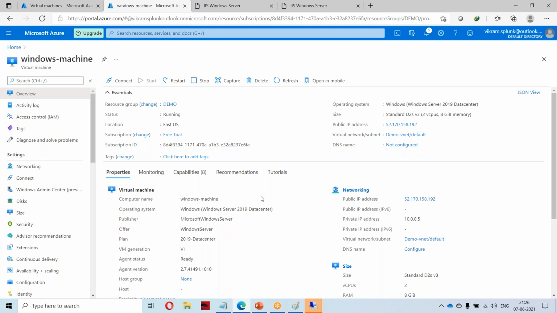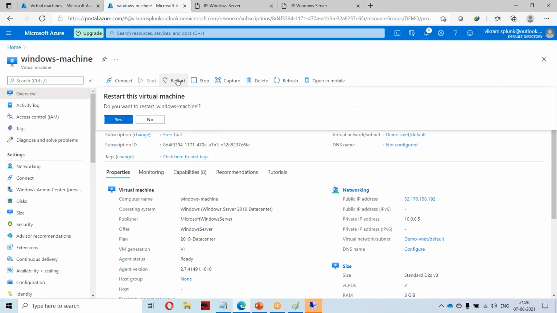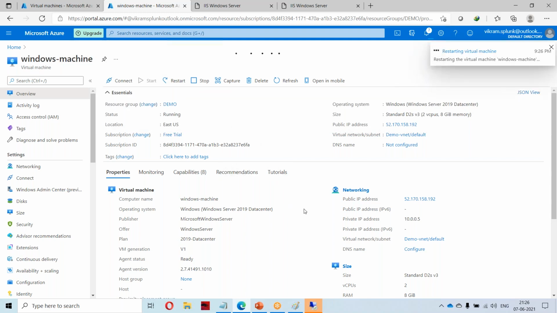Now what I will do is stop the machine. I have added the disk now. I will stop the machine and start it again, so I will do a restart. Can we also extend that C partition or D partition? You can extend anything, it is possible. But you need to shut down first, as that is a maintenance activity. It is not possible on the fly.